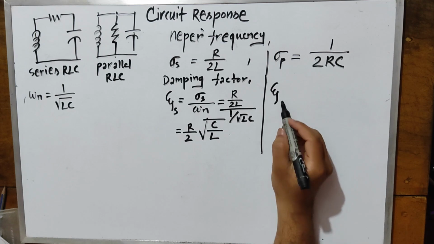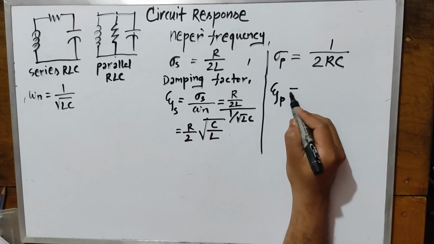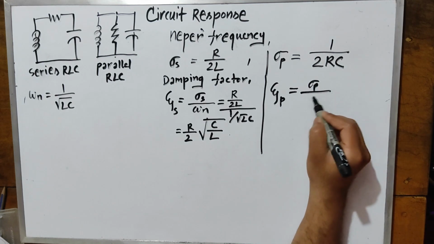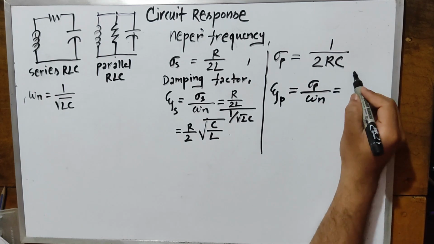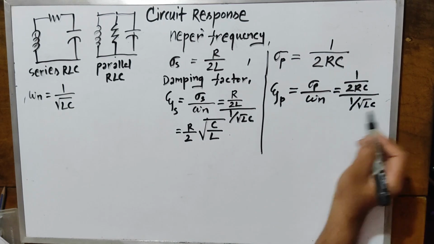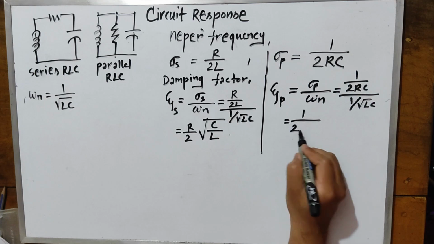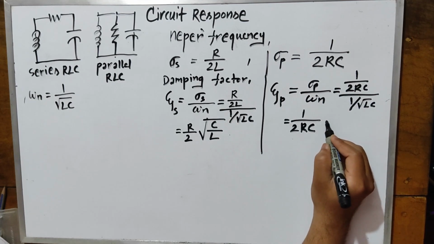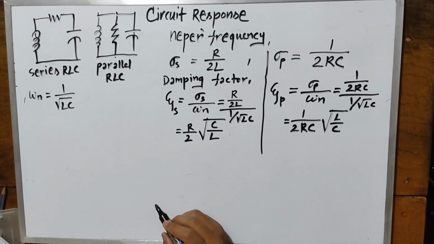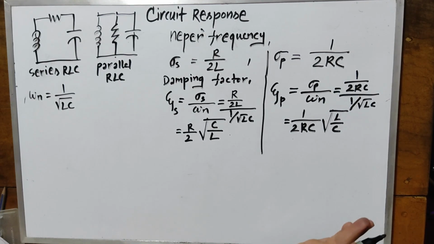And the damping coefficient or damping factor for the parallel RLC circuit is psi p or zeta p, which is sigma p by omega n, which is 1 by 2 RC by 1 by root LC, which is basically 1 by 2 RC root over L by C. So these are the things I have